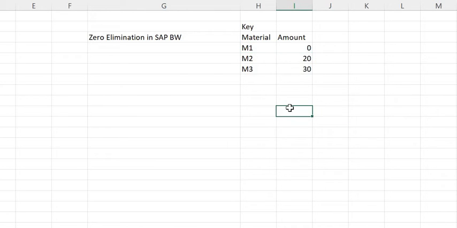And suppose your requirement is such that you don't need 0 figures in your ADSO or in the reporting. You have an option to remove the 0 figures in the reporting as well, but if you want to remove them in the base, at the ADSO level, and this is the ADSO data that I'm talking about, what you can do in the ADSO, while updating, is use an option called zero elimination. In this way, this particular row, this M1, will be removed,